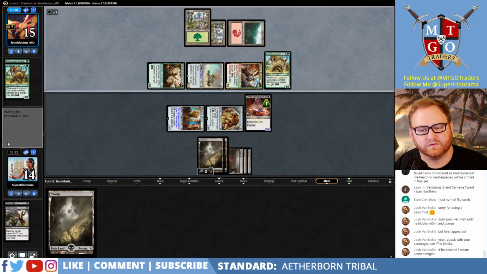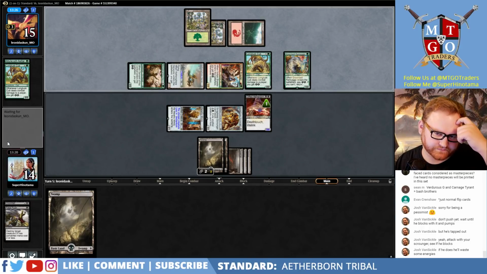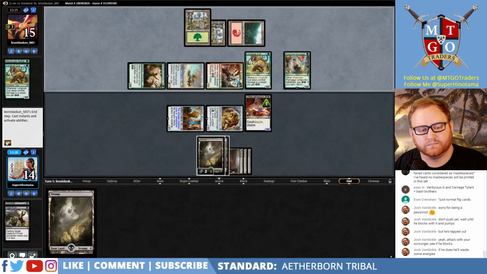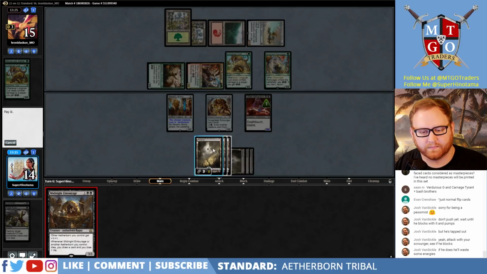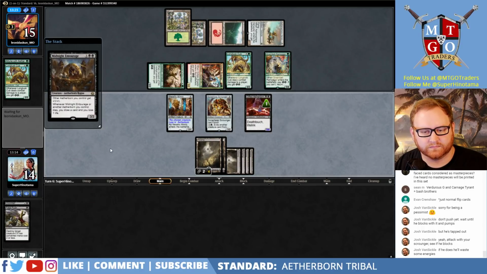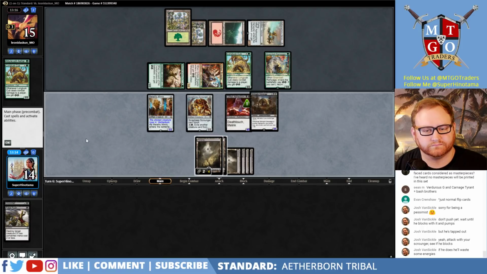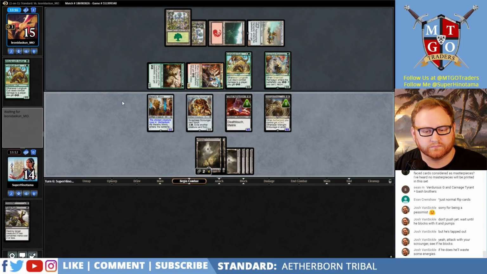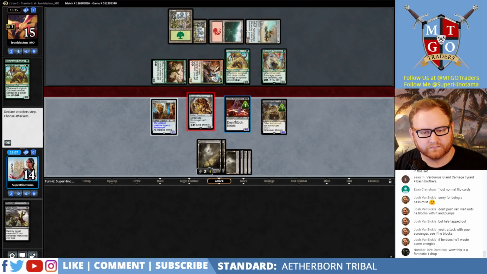Another 2. Greenbelt Rampager. Gotcha. Ooh, good pick for us. Good draw, good draw. Of course, he has Blossoming Defense in his hand, so...